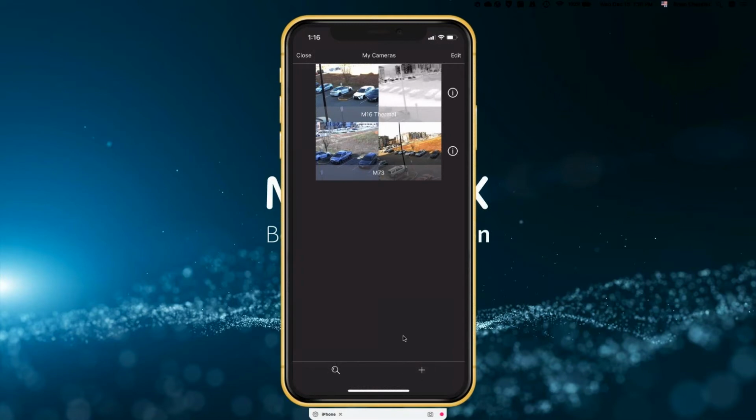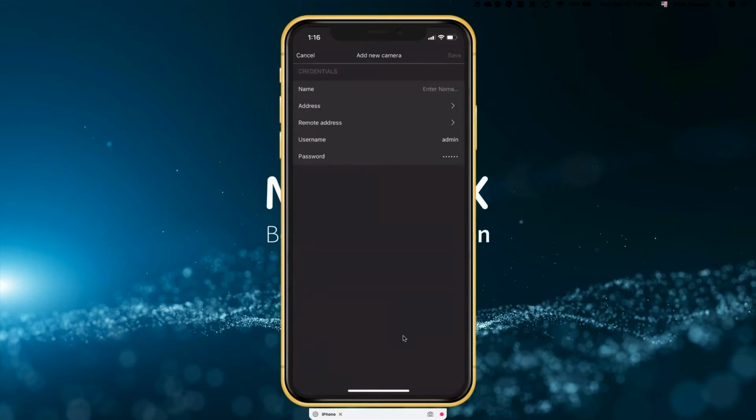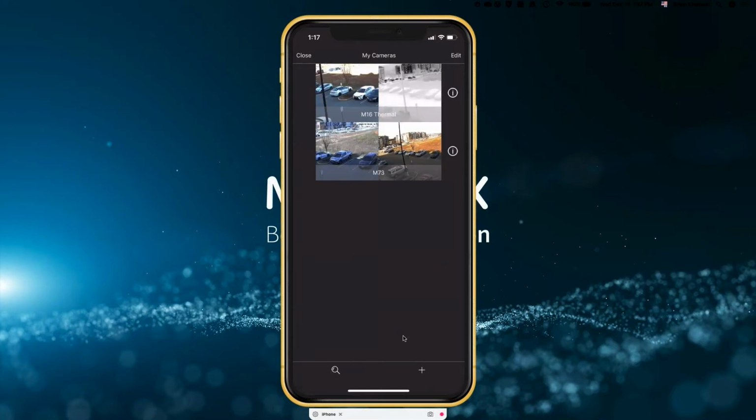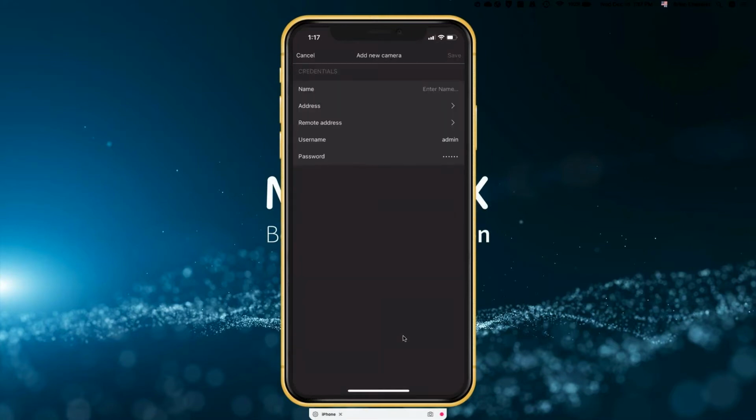The plus sign down here, if I click that, that's when I can add a new camera. Okay, so I can name it up here, put the address in, the remote address if need be, username and password, and so forth. And again, that's fairly easy to do. You don't have to have a lot of information there.